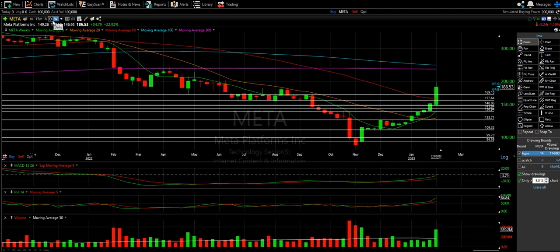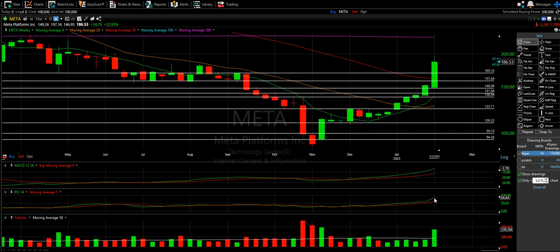It takes 5 days to make one weekly candle, right? So it kind of makes sense that the 50 and the 200 are roughly interchangeable in the daily and the weekly. Obviously, 5 times 50 is 250, so it's not quite 5 to 1. But again, the 50 and the 200 should relatively be interchangeable on the weekly and the daily if it's a clean chart, right? And that's, like I said, what we see here.